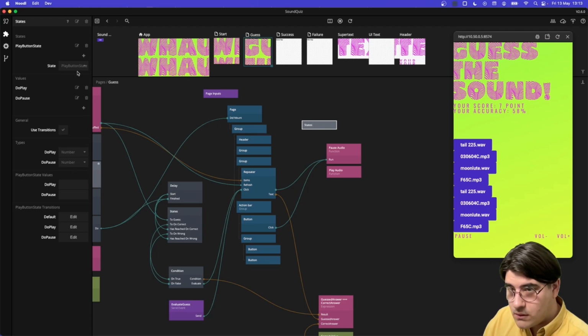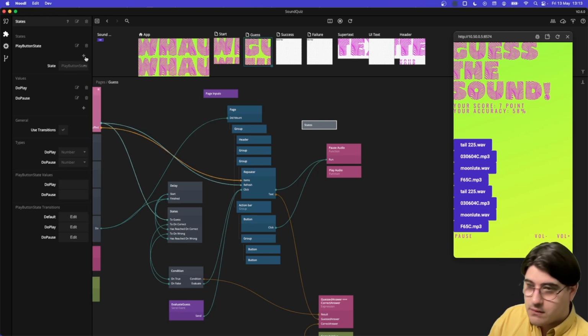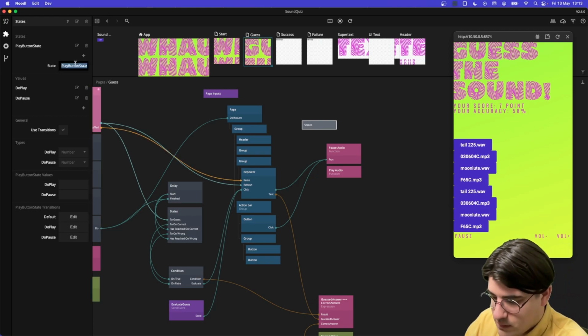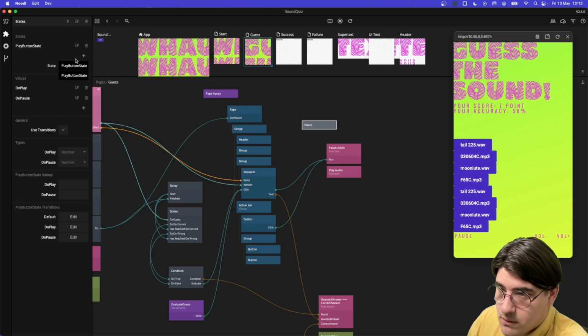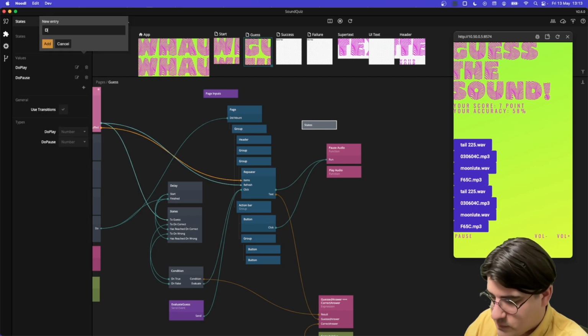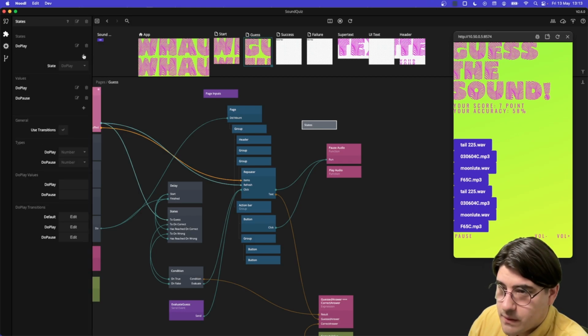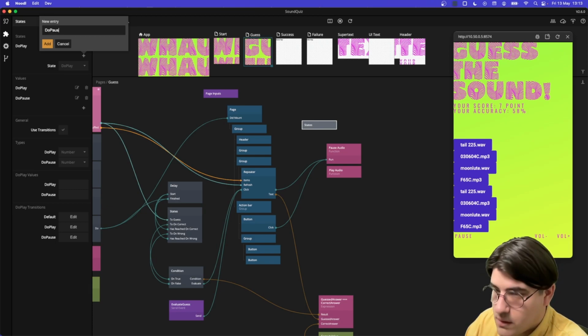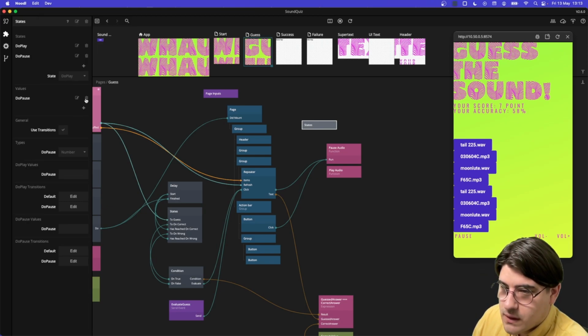Oh wait, play button state. Sorry, wrong. Okay, so we go do. Let's remove that. Okay, so do play, and then another state which is do pause, and then this should be the